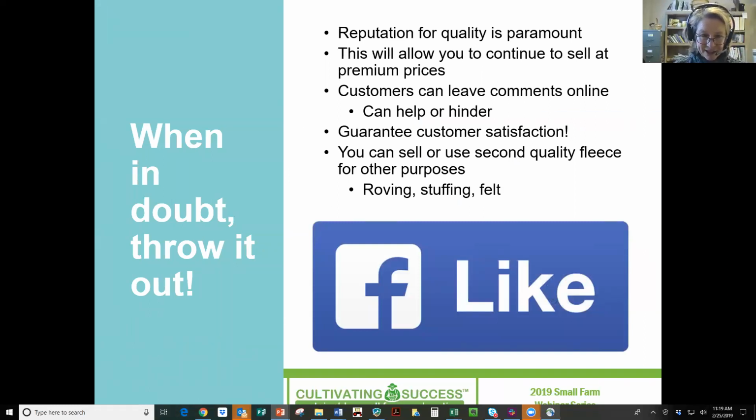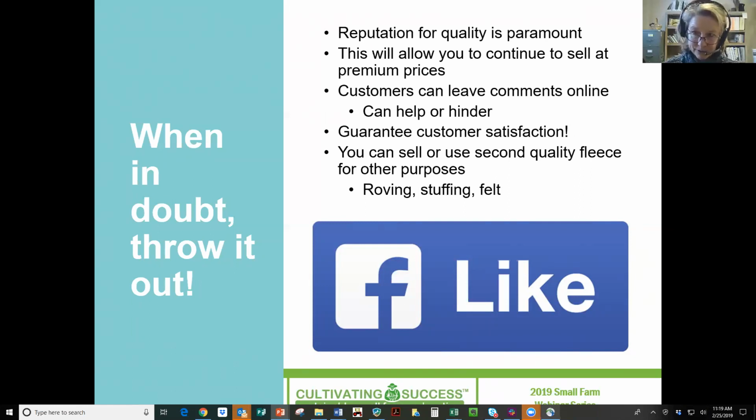So my advice here is, when in doubt, throw it out. And you don't necessarily have to throw it out, like in the compost or in the dump. I would have several different sorting boxes. So you're trying to make this beautiful fleece, and in my experience, you make the most money from selling that intact wool fleece to a hand spinner who's going to put in all the time, all the labor, and the value added themselves. It's very hard to get someone else to pay for that from a small producer's custom kind of standpoint.